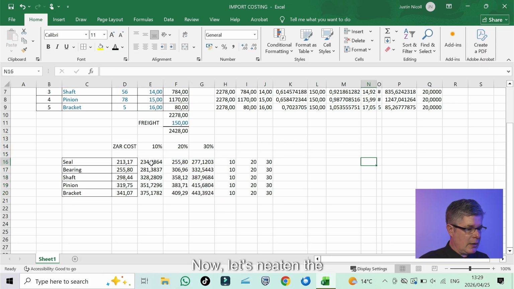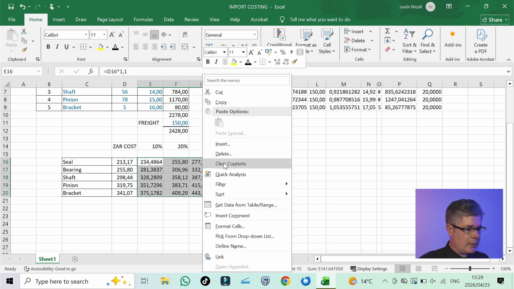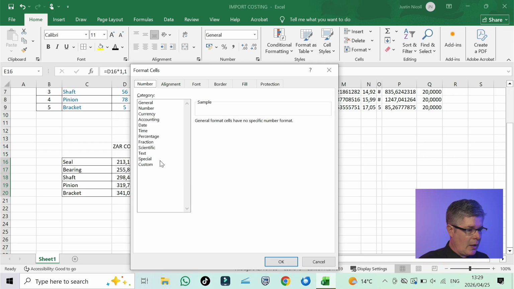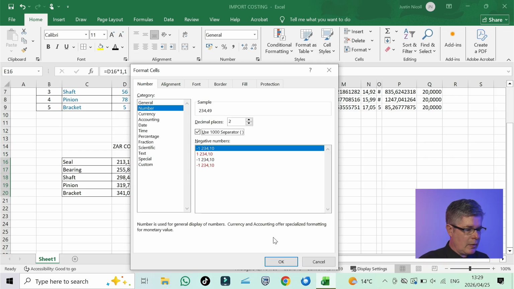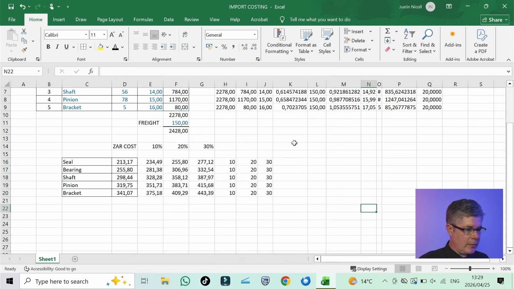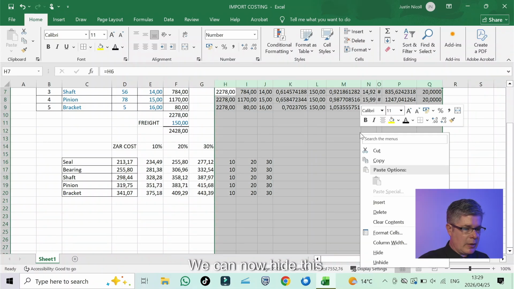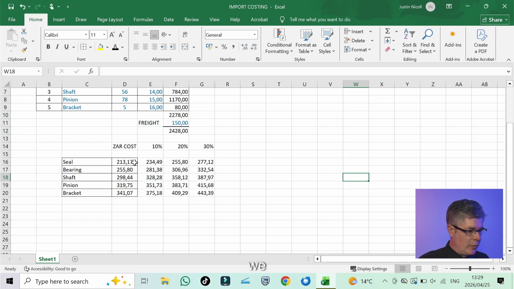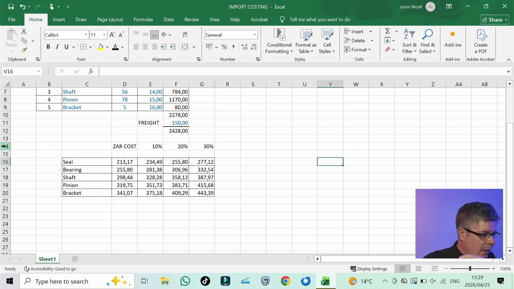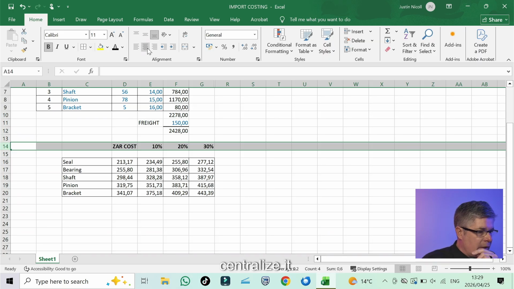Now let's neaten the formatting up. Format cells, number, and look at that. We now don't need any of this. We can now hide this, and we can make this, block this up nicely, bold it, centralize it,